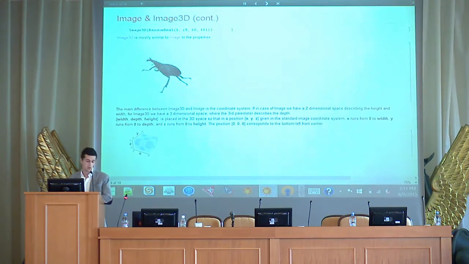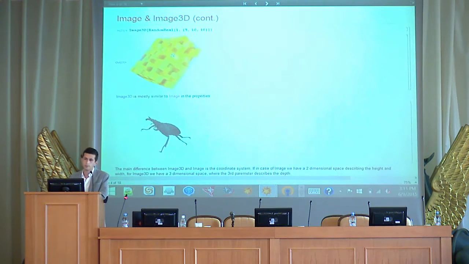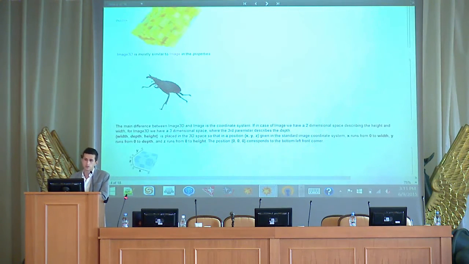For 3D images, pretty much all options and properties are the same as for 2D images. The main difference that we have in 3D images is the coordinate system. For 3D images we don't work only with 2 dimensions, which is width and height, but we need to consider also